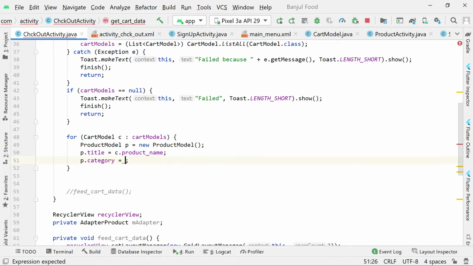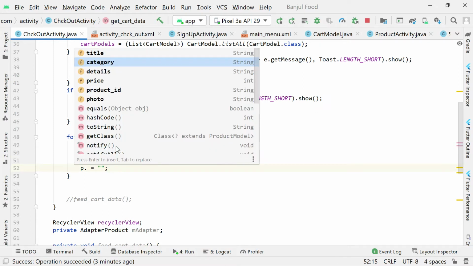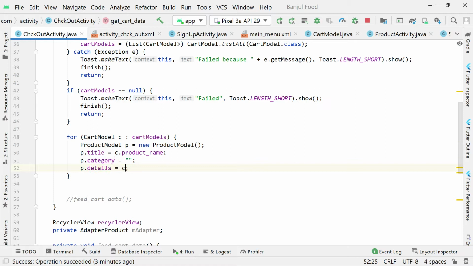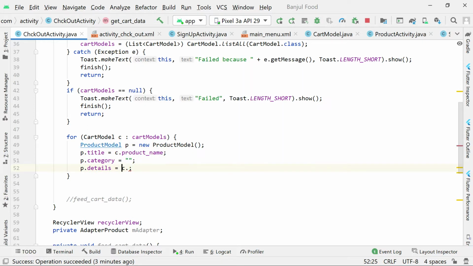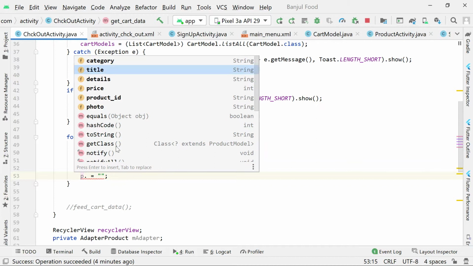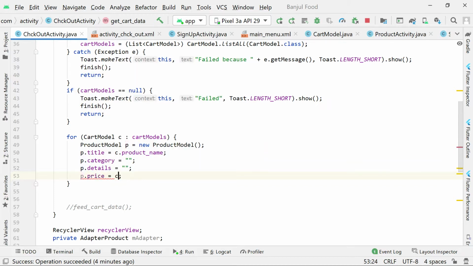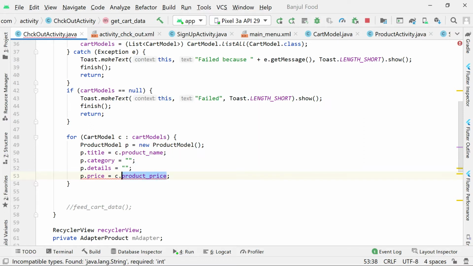Just keep it as nothing. What else do we need? We need details, so it's going to be C dot details. Details we don't need, so I'll keep it nothing. What else do we need? We need price. Yes, it's C dot price, and we need to convert this one to integer. It's going to be integer dot